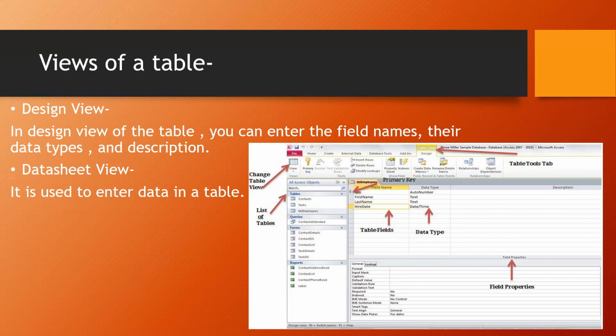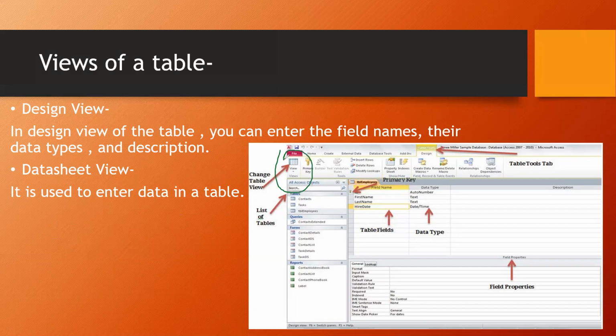So when you are in the design view, see here, this is your views column. In this view, I'm highlighting over here, this is your view. When you click here, you will see design view, data sheet view, and you can switch between the views. All right. So design means that you are going to design something for a database.